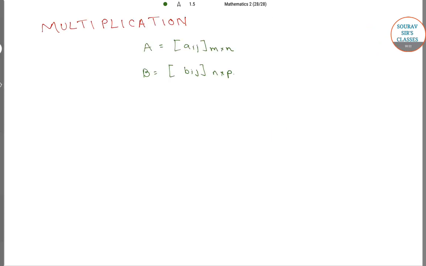The two matrices A and B are conformable for the product A into B if the number of columns of A, that is the pre-multiplier, is the same as the number of rows of B, that is the post-multiplier. Thus, if A is a matrix of order m by n and B is a matrix of order n by p, then their product AB is a matrix of order m by p and its elements are defined as